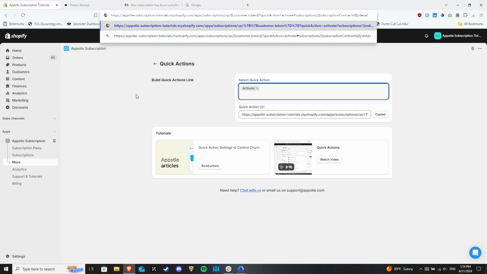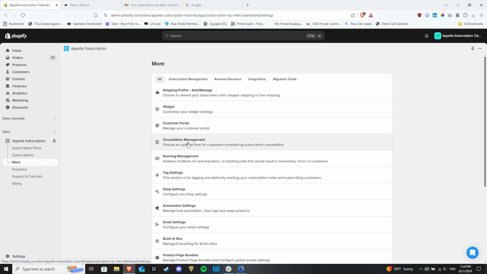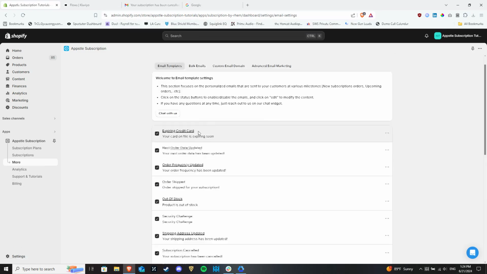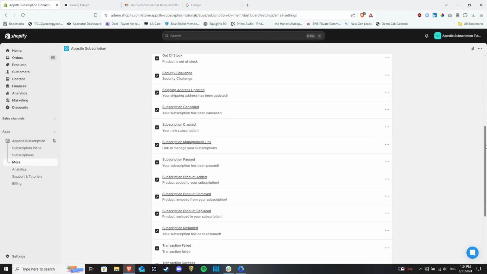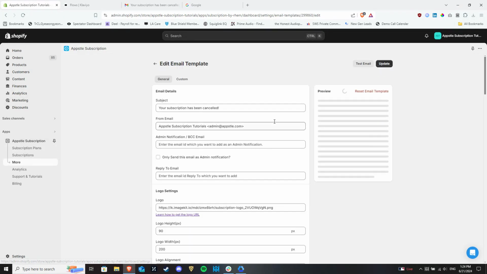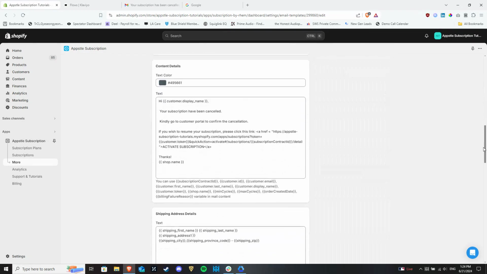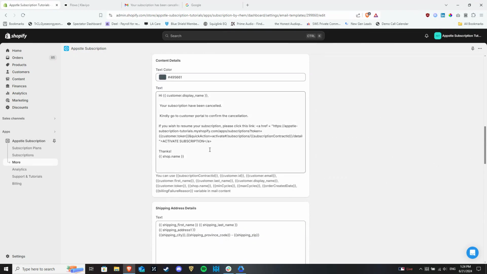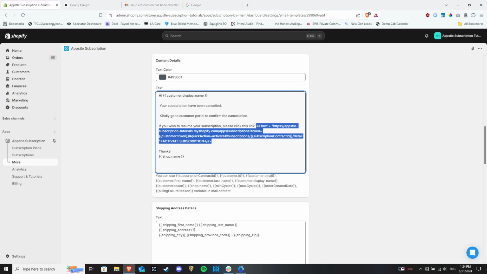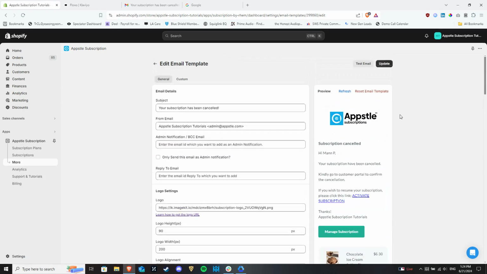The link is now ready, so come to an Appstle email template in the email section of Customer Experience and choose an email template that makes sense with this link's functionality, which for this one, we will pair with subscription canceled. Embed this link with an HTML anchor tag, name it, then hit Update in the upper right-hand corner. The idea is that when a customer receives the email that they have canceled their subscription, the quick action link embedded in it will allow them to resume it if they wish to do so later on with just one